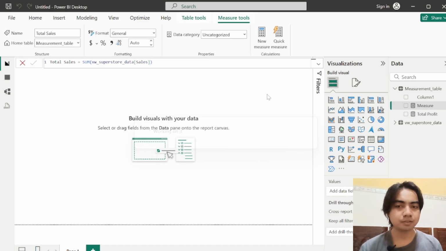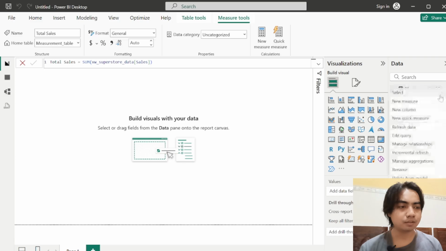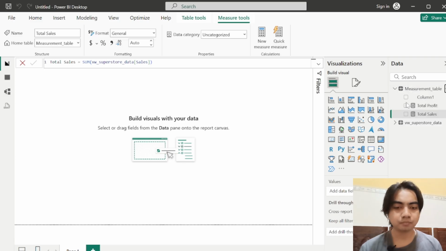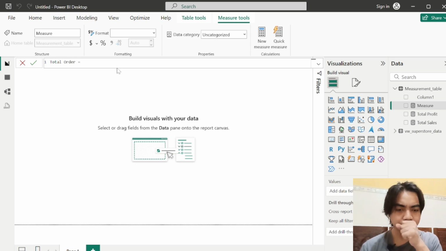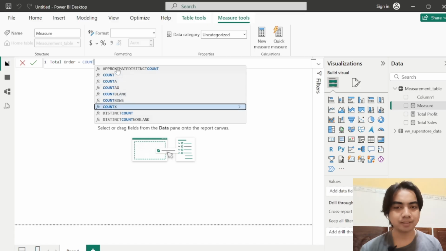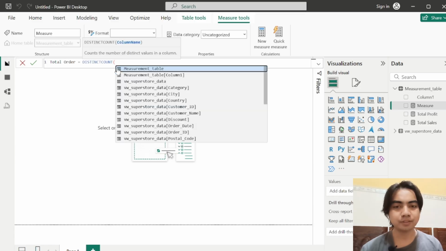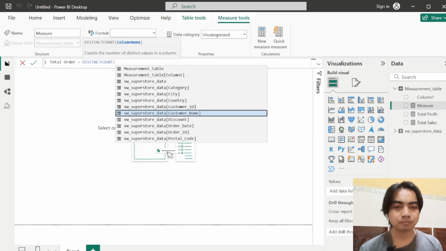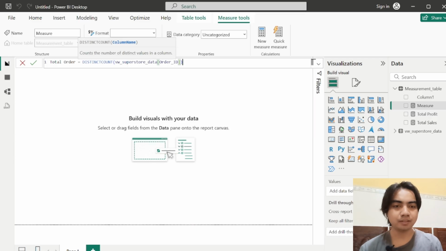Click commit, and then create another measure, and it's going to be total order. And remember, the total order is count, but we need to distinct all of those order ID. So we are going to use distinct count for the order ID. Okay, and then let's click commit,